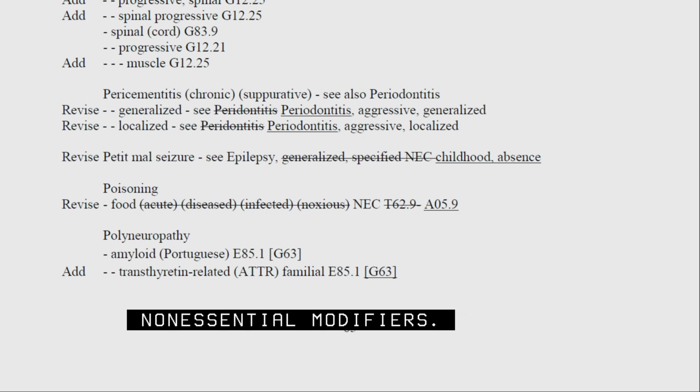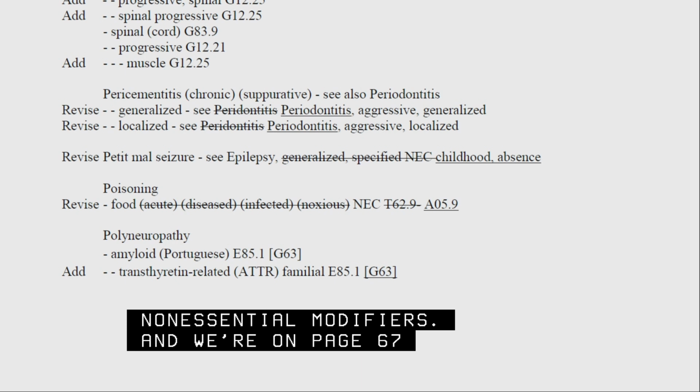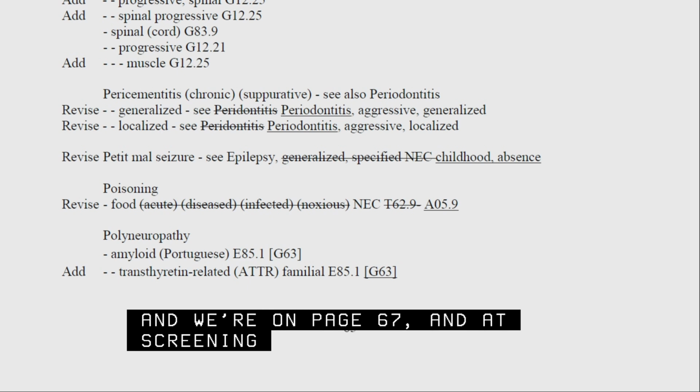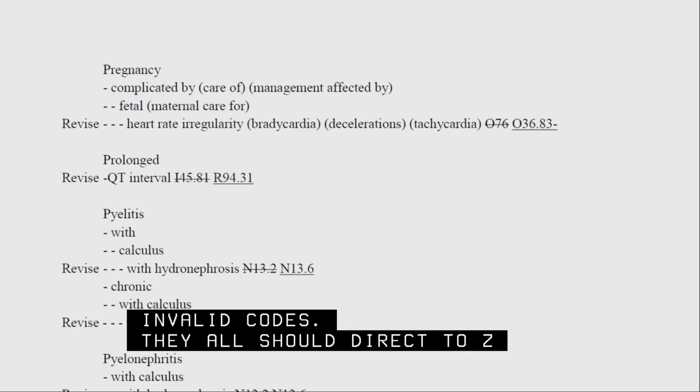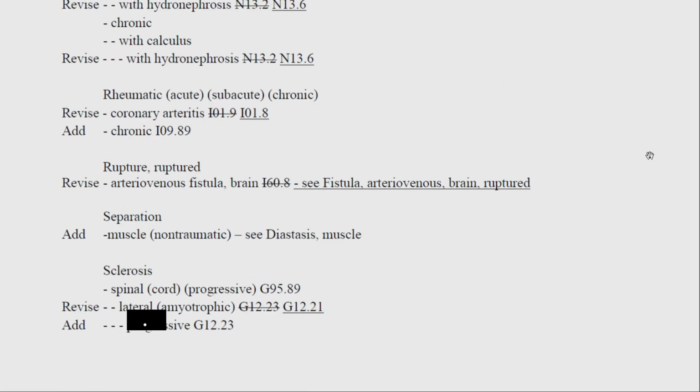And we are on page 67, and at screening 4, we are deleting invalid codes. They all should direct to Z13.4, as Z13.41 and 42 are invalid. Again, at superoration, I'm probably saying that wrong, but